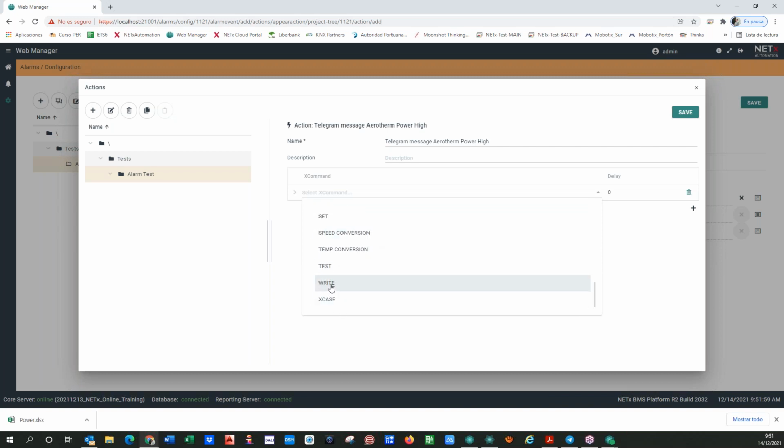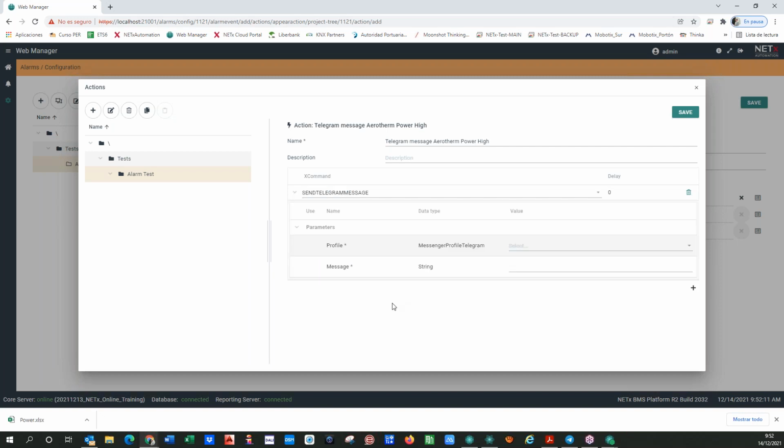If you want to write a Telegram to turn on a light, you can do it. If you want to send a notification, you can do it. For example, messenger category, send Telegram message. This is what I want to select. There is a profile, NetEx BMS, as you have seen. I have just created it, but it's here because the web manager is engaged with the server, and the message is